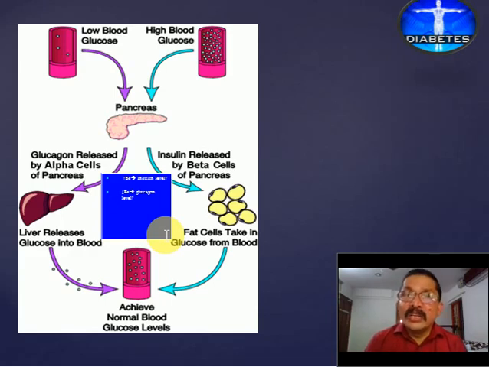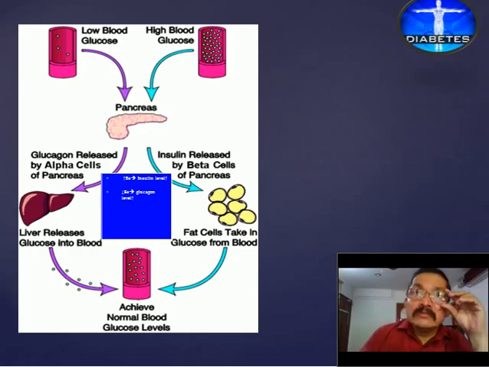But unfortunately, we focus only on the hormone insulin. And let us see what happens when a person becomes diabetic. As we mentioned earlier, you know that it affects carbohydrate, protein and fat metabolism, and